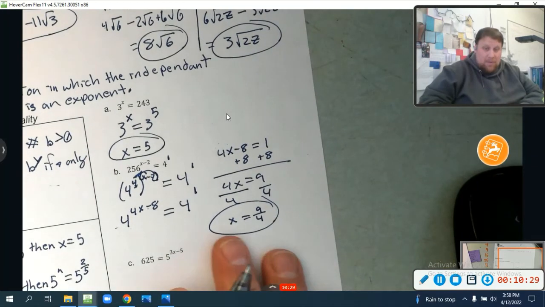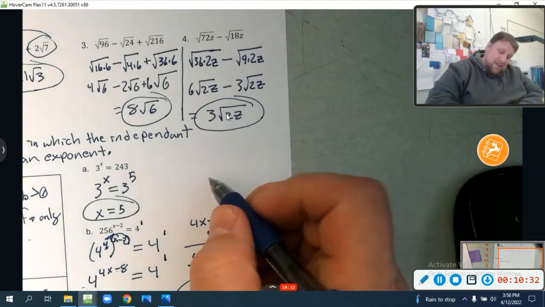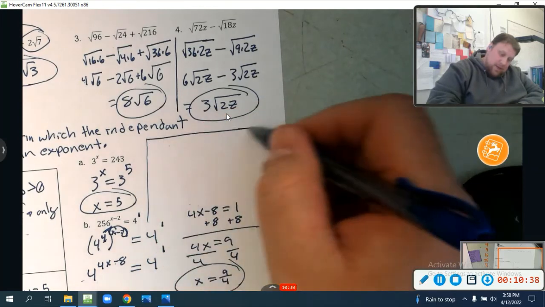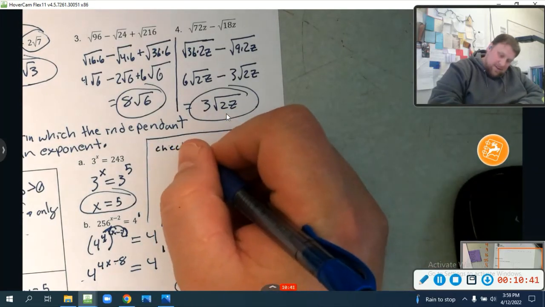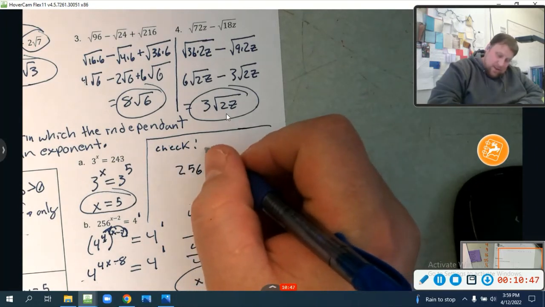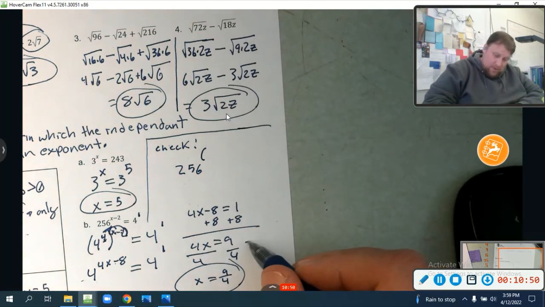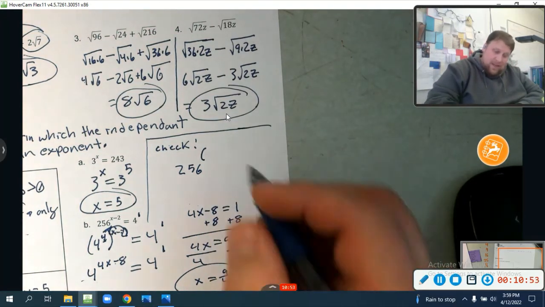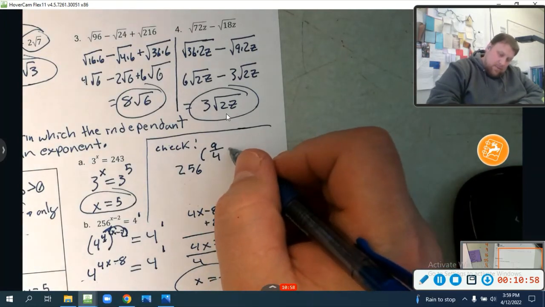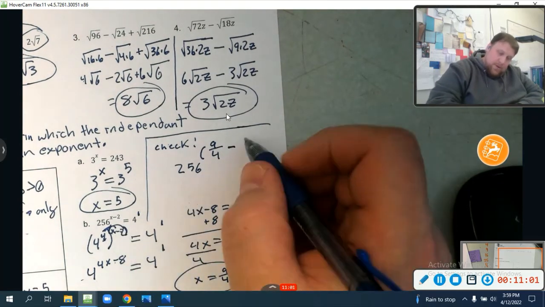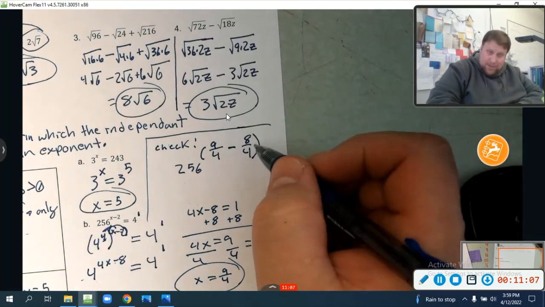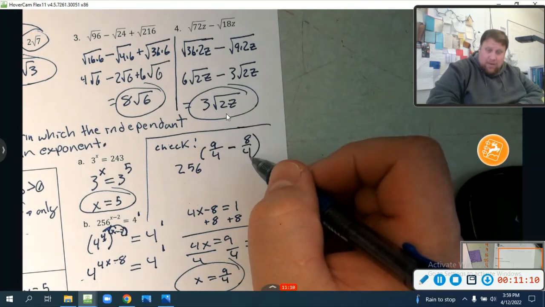Don't believe me that's true? Well, let's try it out. If I'm just going to check this up here real quick. So we'll draw a little line up here, do a little check. So that would be 256 to the, now 9/4 is 2 1/4. 9/4 minus, right? I'm just doing minus 2, and 2 is 8/4. I'm going to just make it into fourths, okay? 8 divided by 4 is 2, so that's just minus 2. 9/4 minus 8/4 is 1/4. So this equals